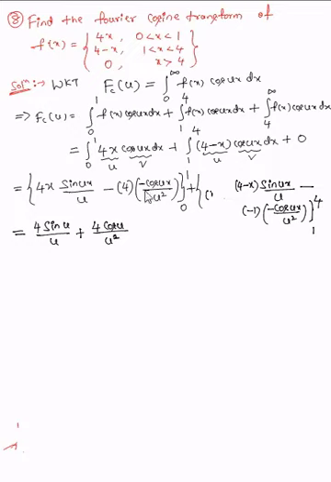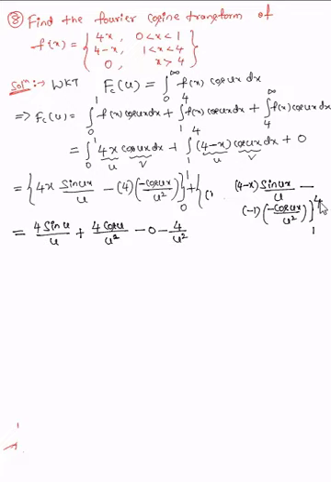Right. So this is by putting x equal to 1, the upper limit, then minus the lower limit, putting x equal to 0. If I put 0 into this term, it becomes 0, so this term was 0. Then, coming to this term, minus into minus, plus into minus, it gives minus. Put 0 here, cos 0 is 1, 1 into 4, it is 4 by u square. Put x equal to 0, we get this term.